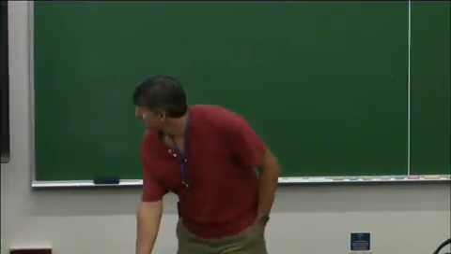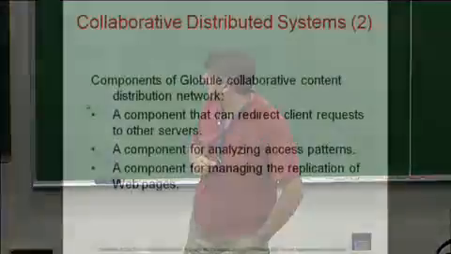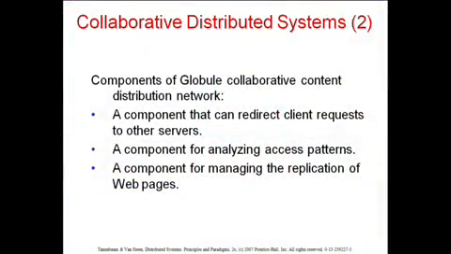Okay, good. So global is one such distributed system, right? One of the interesting characteristics in global is that it can do redirects. Why would you do redirects? Well, an interesting idea is, and this is actually happening with the edge servers. You think you're accessing some server that's the main CNN server, but you're actually accessing a side server that's placed at your ISP, right? So these redirects are crucial for dealing with large loads.